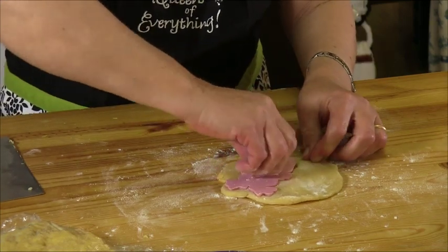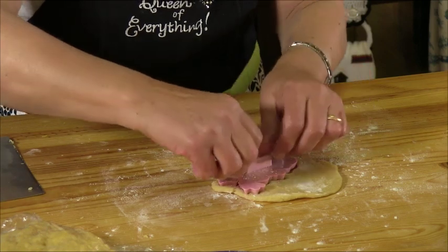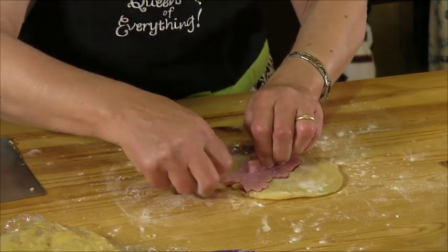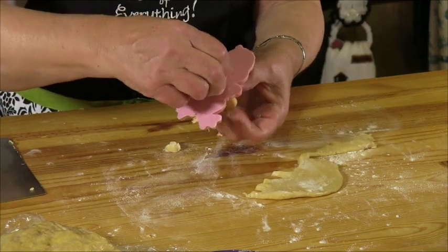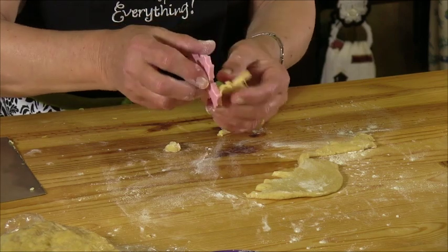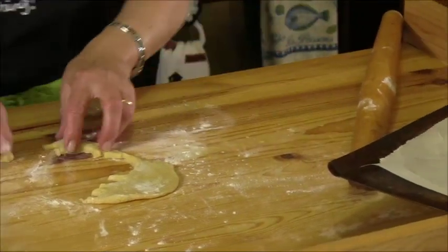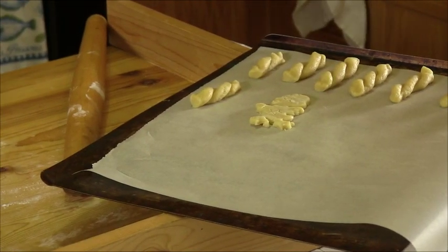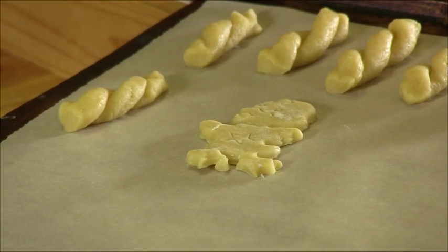Okay, see? They look cute. Let's do it again. Didn't do a good job the first time. There's your little chick. See that? And you can reform it again. No biggie. I'm going to do maybe another one, and then I'm going to show you